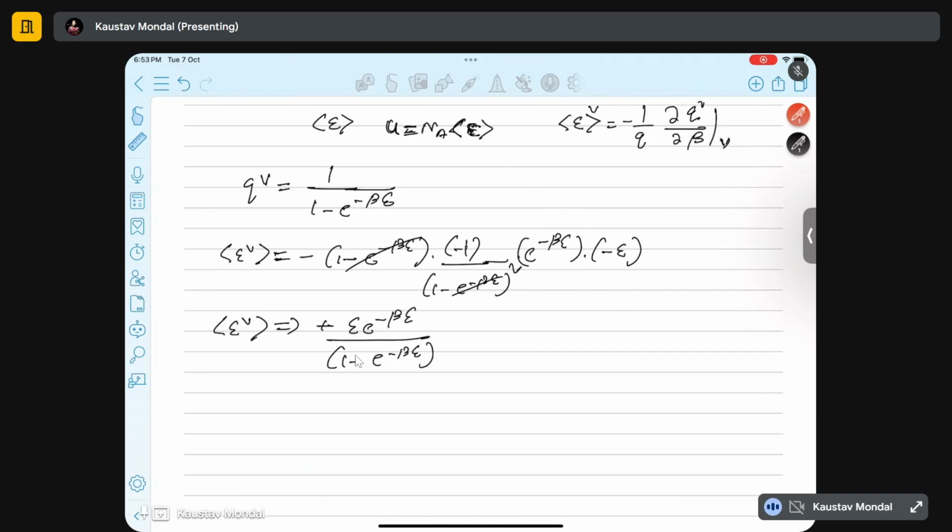Now you can further divide the whole thing by e to the power minus beta e, so then